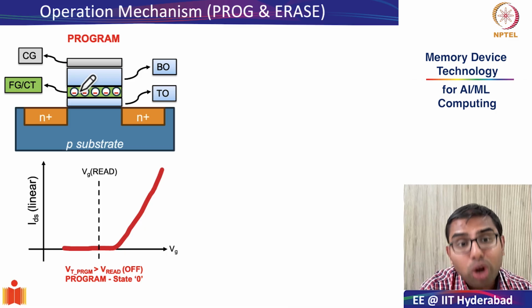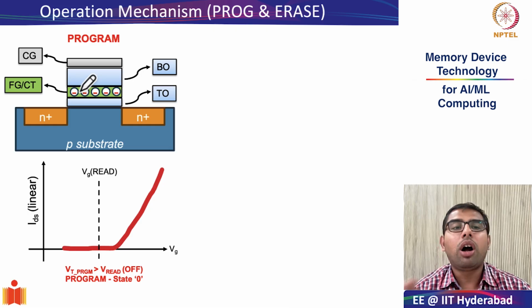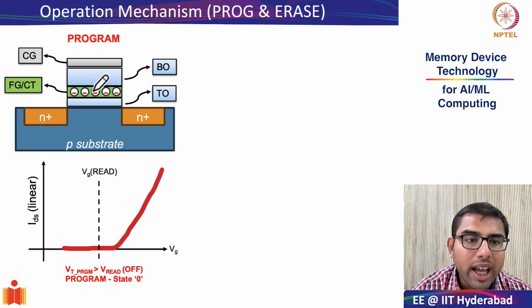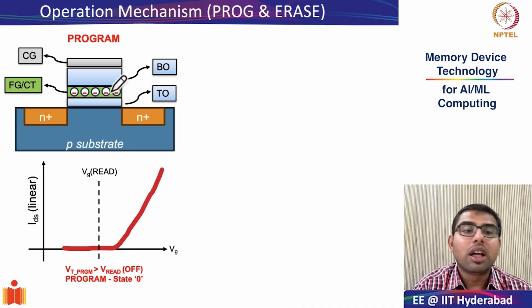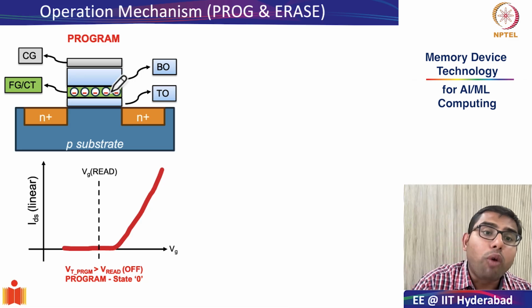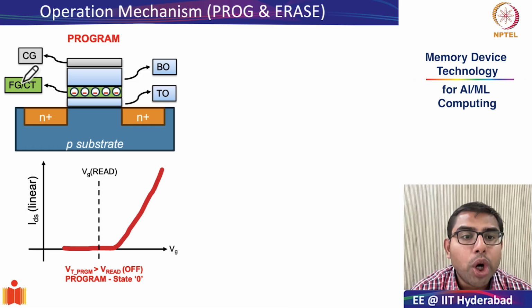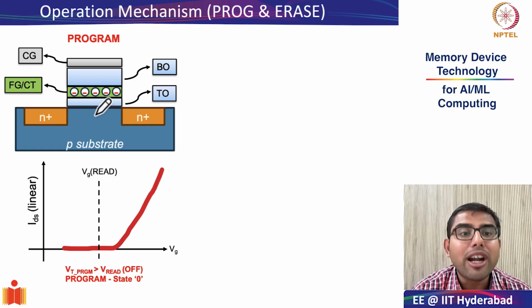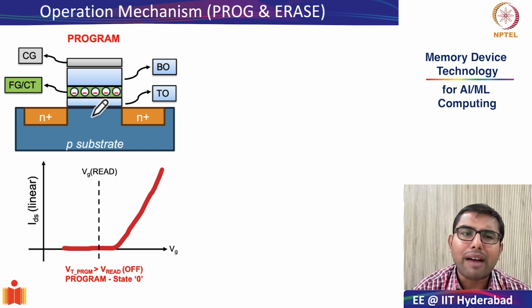Therefore, the threshold voltage of the transistor will of course shift to the right hand side. A structure where there is a negative Q trap will have a higher threshold voltage, by virtue of the fact that the gate voltage applied at the control gate has to work harder to eliminate the accumulated charges first and then invert the channel. This is something that we have discussed in detail in the previous class.